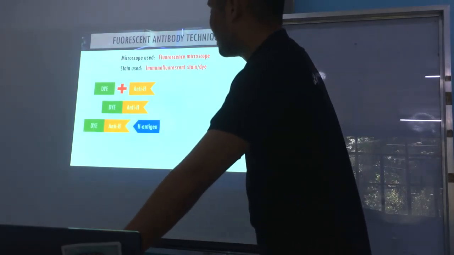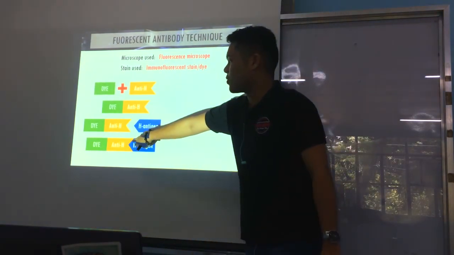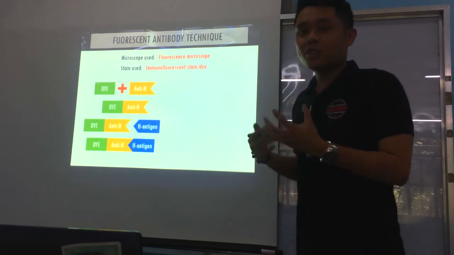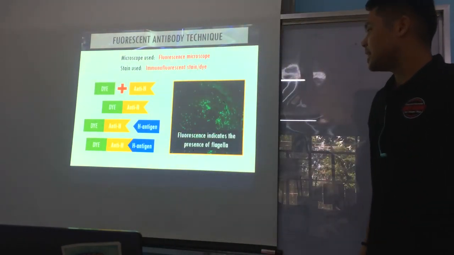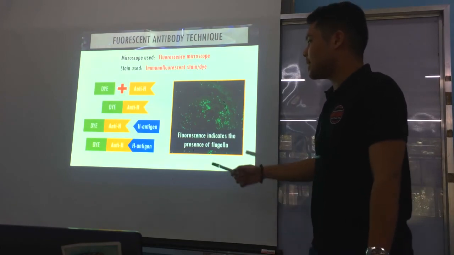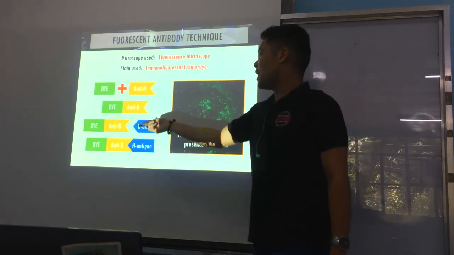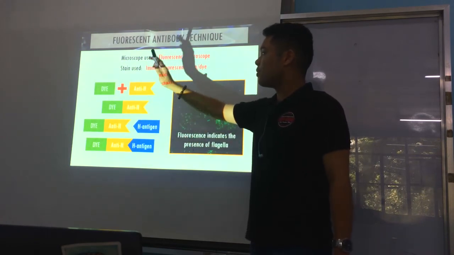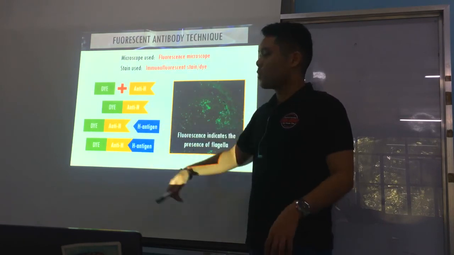And in the presence of the H antigen, because of this reaction, mo color ang dye, or mo emit siya of fluorescence. Okay, that is why na-color. So fluorescence indicates the presence of flagella, because again, your anti-H reacted with the H antigen. Okay? So therefore, pag react nila, pagpasiga sa ibang fluorescence light, di ba, ma-excite ang naa sa fluorochrome, therefore, ma-release